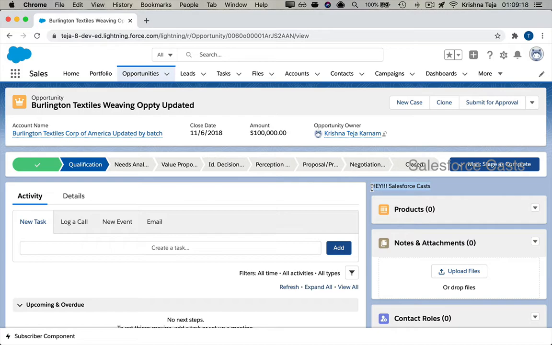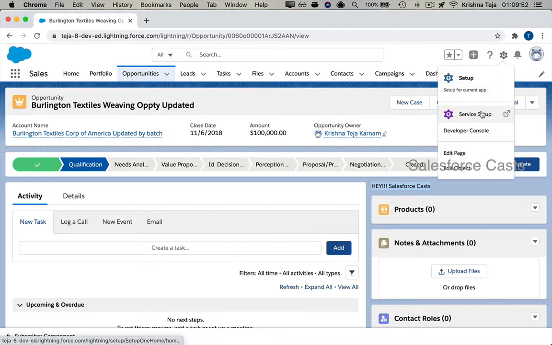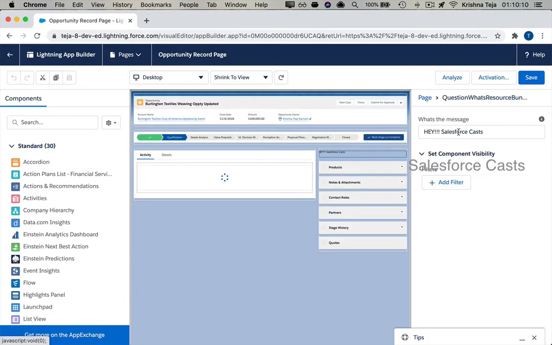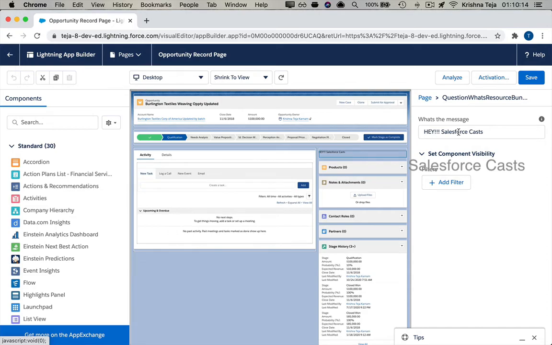Let me give you an example. Let us say a bank is using Salesforce. Now the functional user is expected to provide the EMI calculations of a loan at 7% and 9%. Now what happens is, when the customer gets in touch with the functional user or the customer support executive, he's going to go back to app builder. Now a field called interest percentage will be exposed and the functional user will try to give 7% here and he'll try to click on save. Now based on this 7% that is provided by the functional user, all the interest calculations will be calculated and the EMI values will be shown back to the functional user back in the record page.